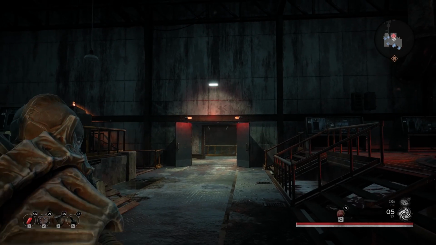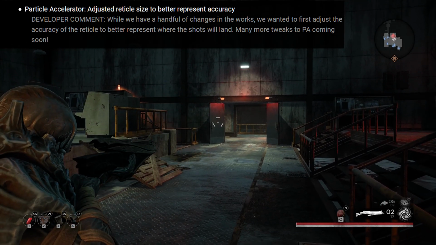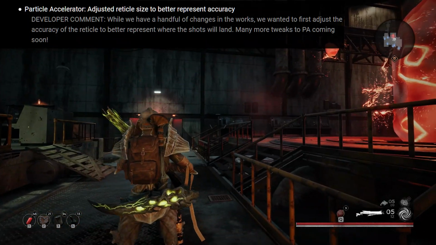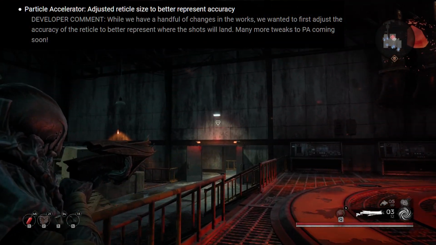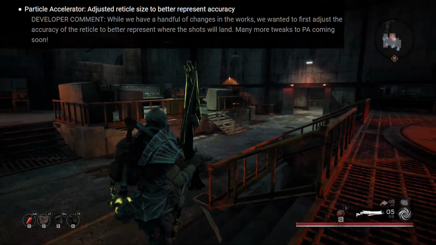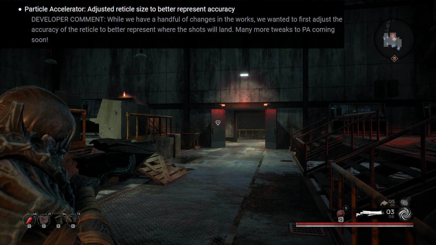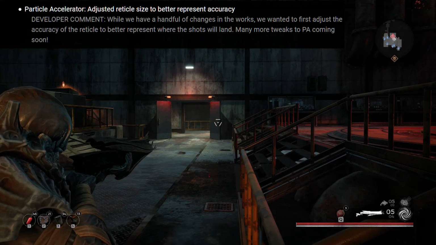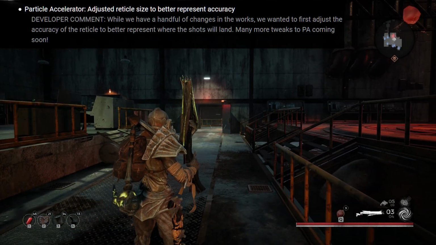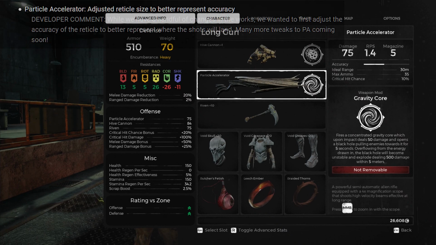Particle accelerator also got some changes. The reticle size has been adjusted to reflect the actual accuracy of the weapon. Particle accelerator is one that I haven't really used a huge amount of, so I didn't really notice the accuracy. But yeah, it's a cool gun, and I'm glad they've made a little bit of a change to that. They also made a change to its gravity core in a previous patch. Okay,